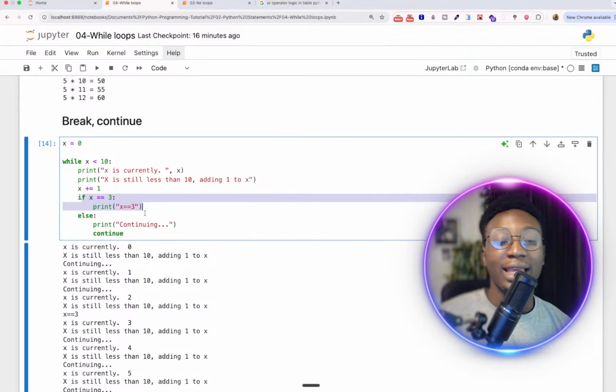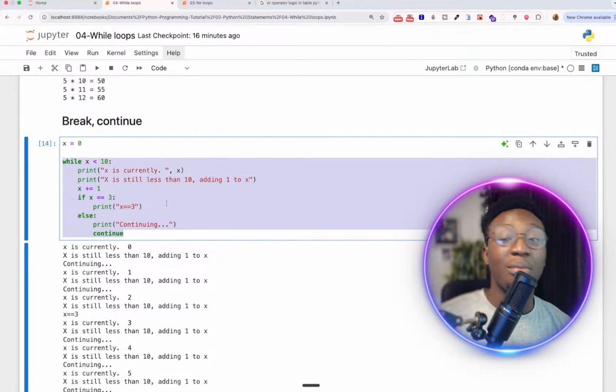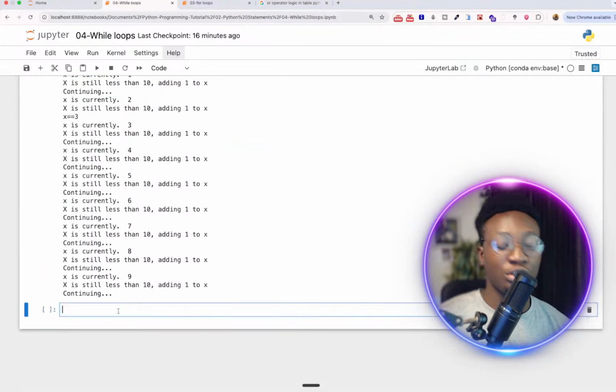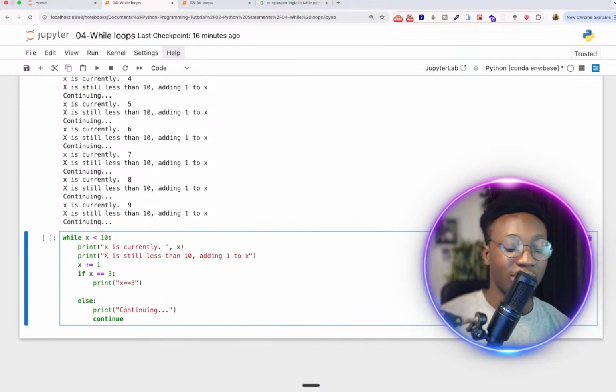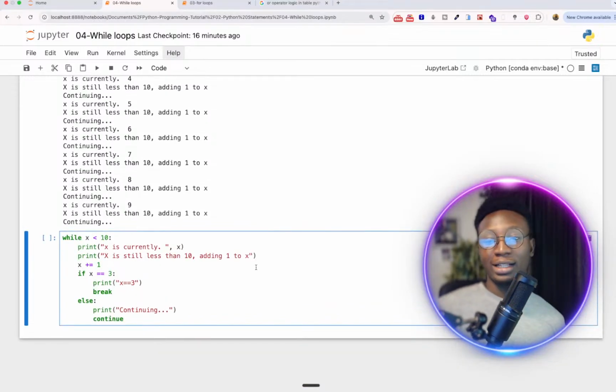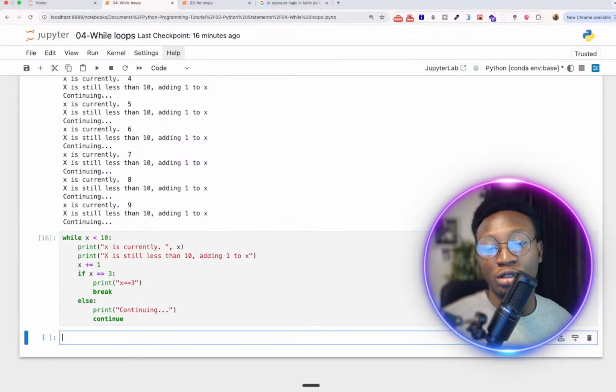But how about if we want to stop? Let's say that I want to check that if x is equal to 3, I want to stop running the code. How can we do that? We can use something called a break statement. Instead of continuing, I'm just going to say break, and once x is equal to 3, it's going to break the code. So if I run this cell,